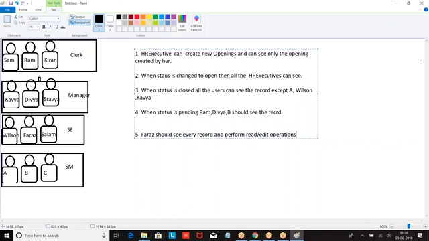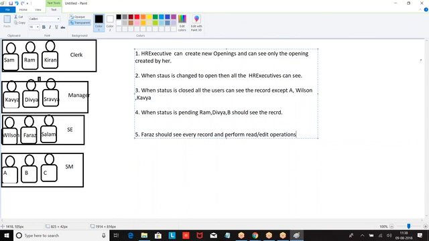Take the combinations and analyze all the topics. So what are the three combinations we have seen? Record level, OWD, profile level, and anything you want to give extra, you go with the permission set. For a particular user, if you want to give extra permission, permission set. Profile is given for a group of people. So record level, profile level, permission set, then sharing rules. What type of sharing rules? Owner based, criteria based, manual sharing, and Apex based sharing.